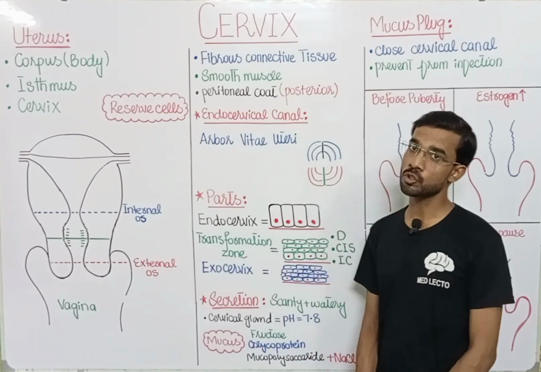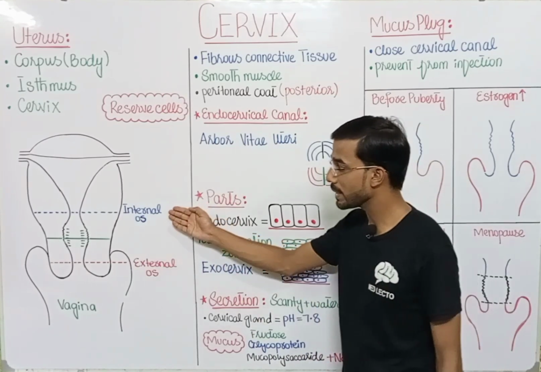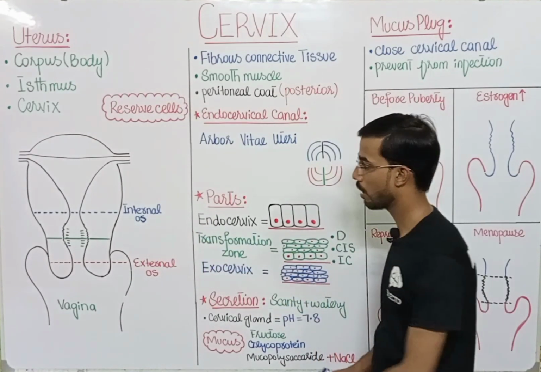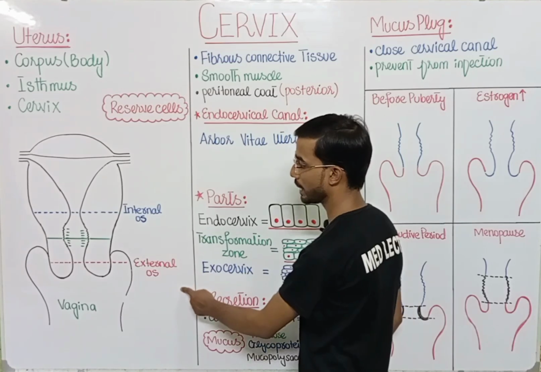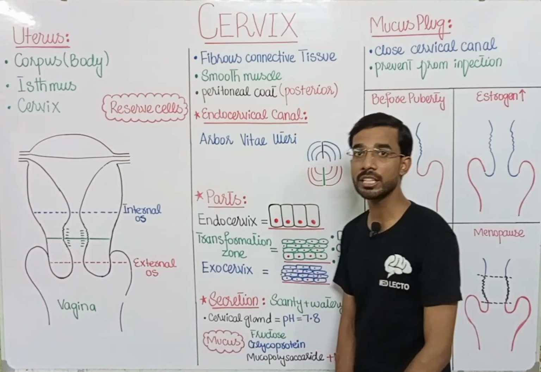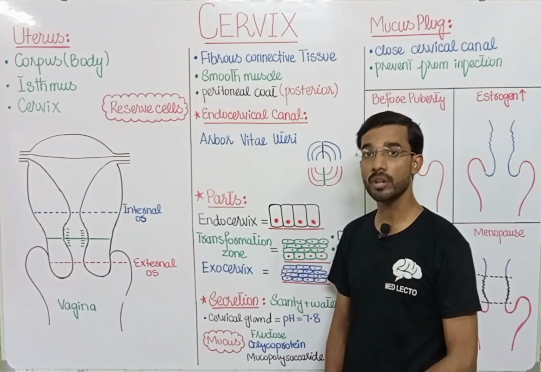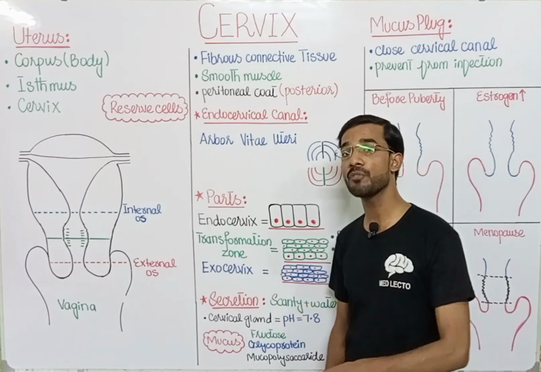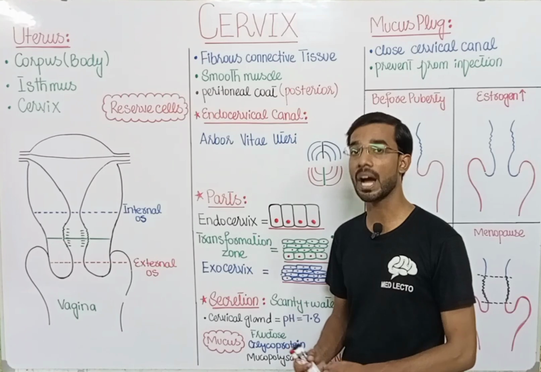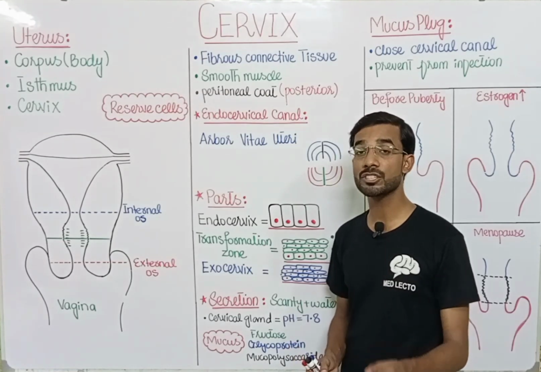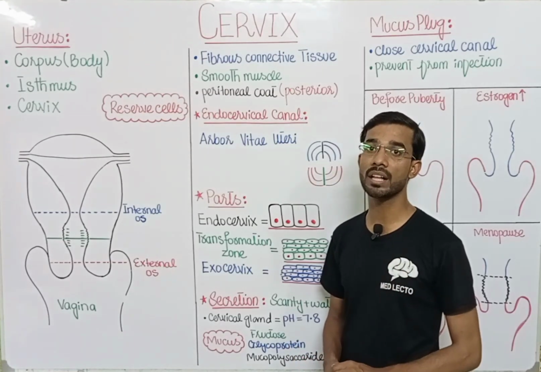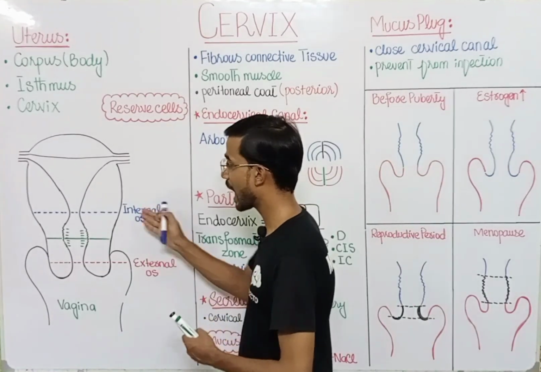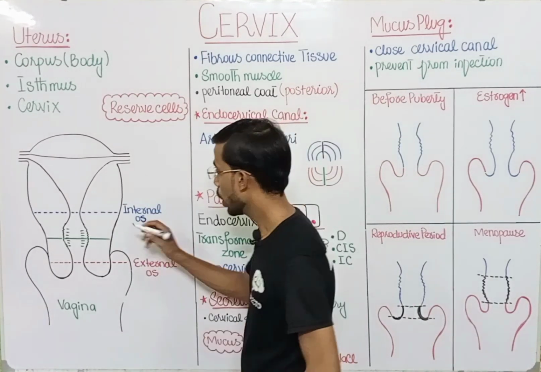The cervix has two openings: the internal opening and the external opening. Os means opening. These are basically the two openings of the cervix. We divide the cervix into two regions according to the vagina. The region that is above the vagina is called the supravaginal portion, and the region that lies in the vagina is called the portio vaginalis. If you see here, after the internal opening, you will see this portion,